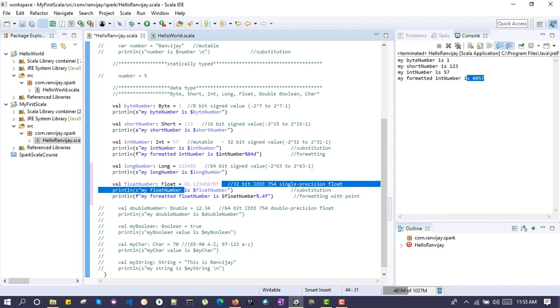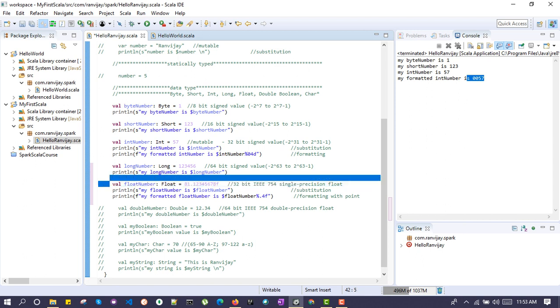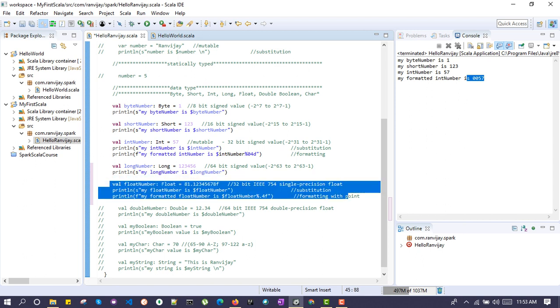So again the declaration is the same way, give the variable name and the type is float, and like this. Again we have displayed the number, my float number is dollar sign and float number, and we have formatted. In case of integer it was percentage, what we want to precede it with, and the length, and the character d.